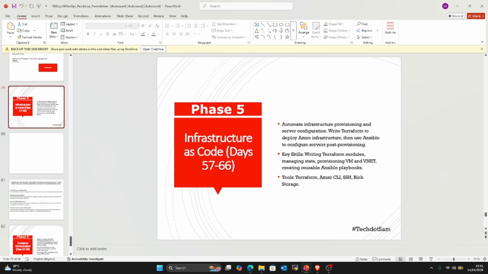So today it's just going to be the introduction, an overview of what infrastructure as code is. And then over the next couple of days, up to 10 days or less, we're going to see how we can do things using infrastructure as code. We're going to focus majorly on Terraform because it's the most popular tool for implementing infrastructure as code.